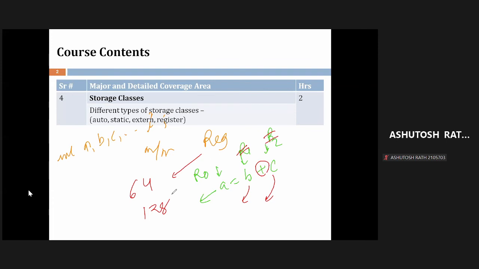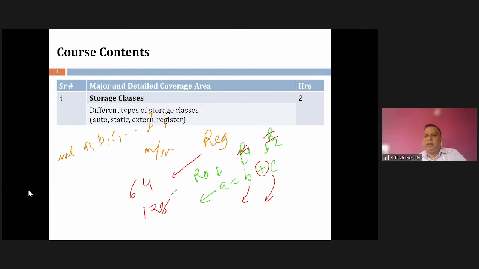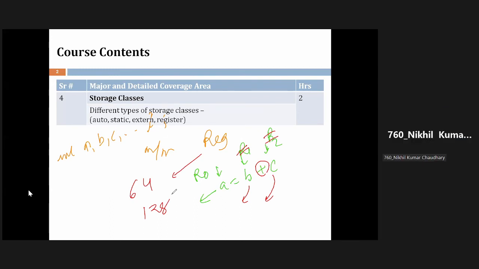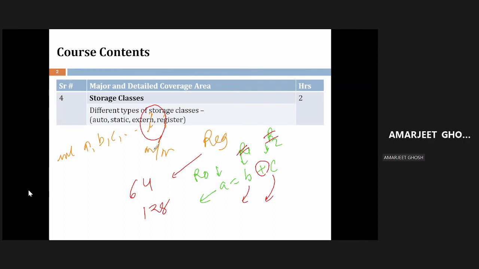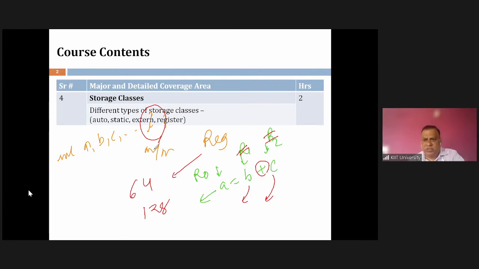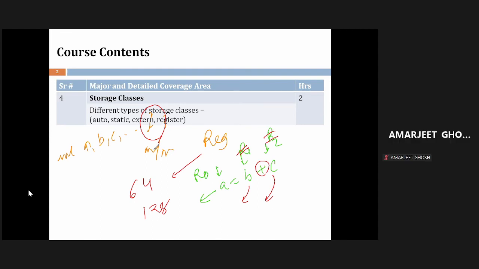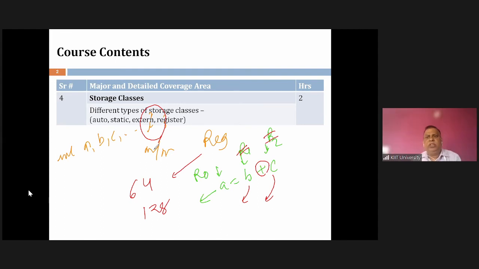Few only. So which variable would you like to keep in the registers? Any variable, or the variable which is used most frequently? Most frequently. And your variable I is the most frequently used variable in your program. So that must be kept in the general purpose registers, besides other variables which are more frequently used; the compiler will decide it. The compiler will decide which variable will be given a space in the registers, and the rest of the variables will be kept in the memory, so that whenever we go for an operation, we'll bring it from there.